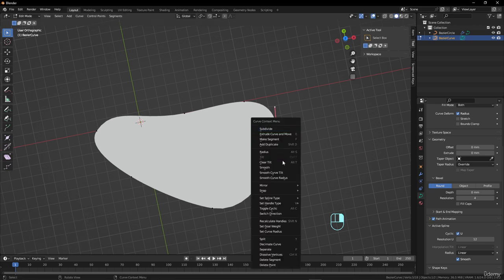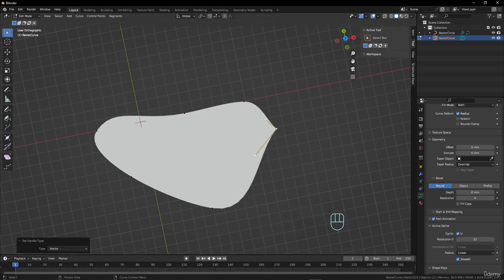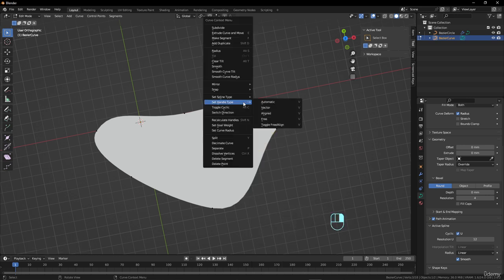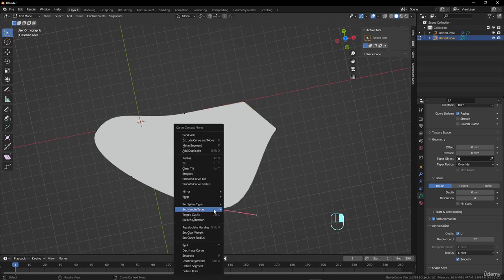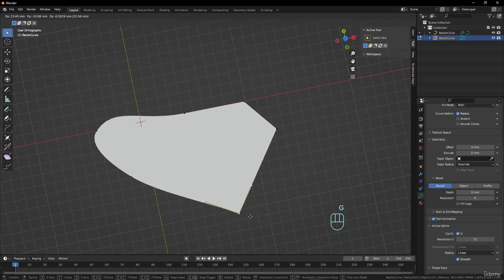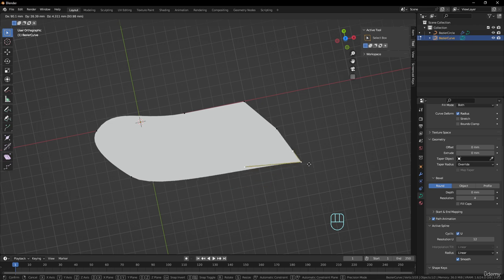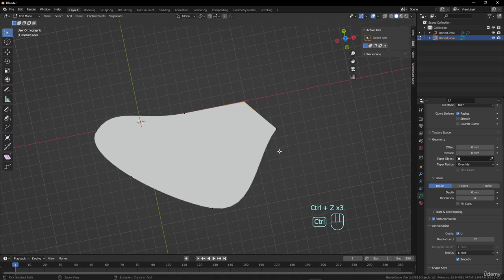You have here the set handle type vector, and it gives an angle directly. So if I put a vector again here, okay, you have a perfect line between the two always. And if I go there and put vector as well, it can be like that. And you can see I can move, it will always keep the direct line between the two. So interesting as well. Okay,